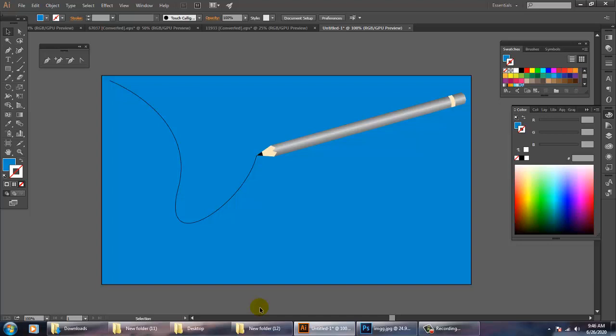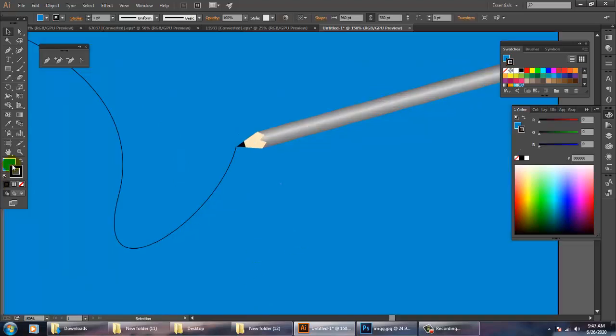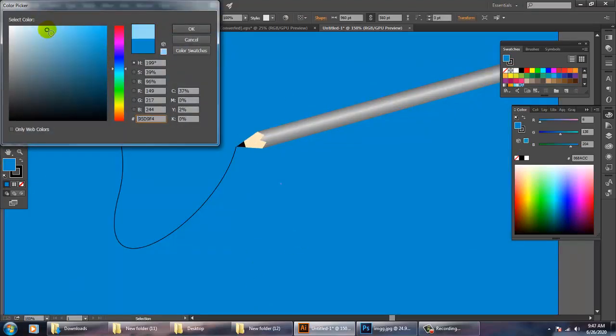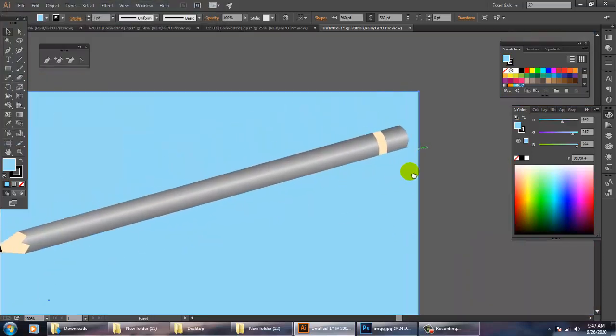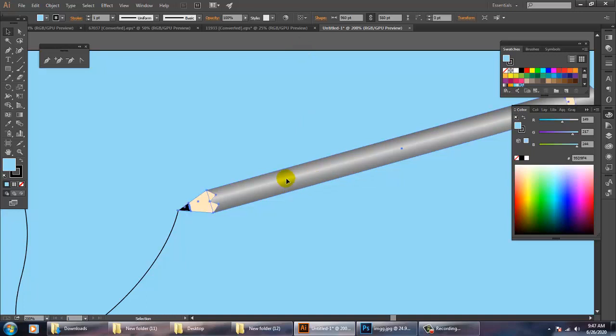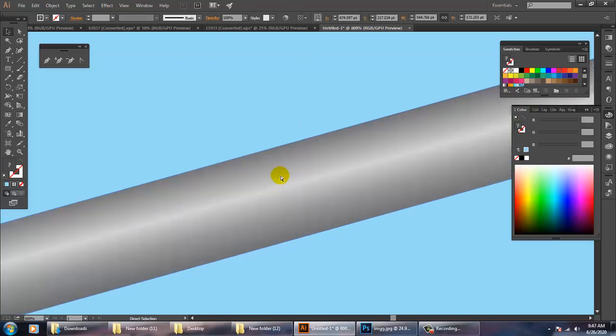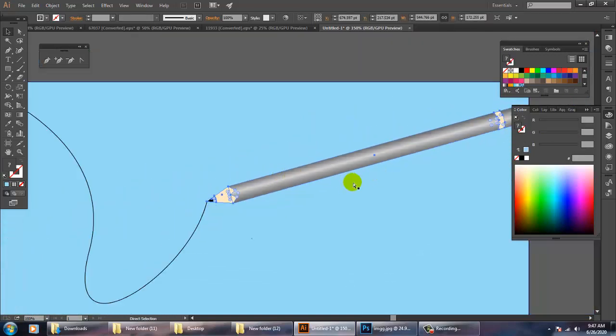That's it. So that's what we have created over here. It's a vector. So if you zoom in, it won't get any kind of pixels, and it's also giving you a bit of depth because of the gradient tool which we have used. So with the help of this basic rectangle and all this, we have created this pencil.